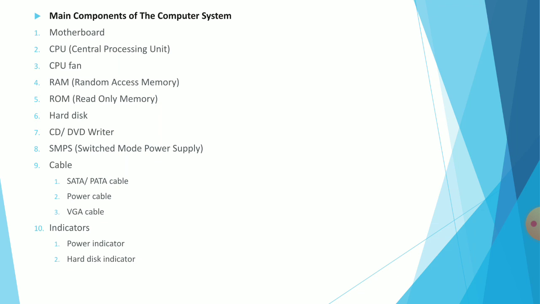So ROM is again installed on your motherboard. When you turn on your computer, first the ROM programs will be executed, then the OS will be loaded, your system will be on, and now you can run your user applications, whatever you want to do. Okay. Then next is the hard disk, where you can store your data permanently. You may store your Windows operating system, user applications, and your data in terms of files and folders. So all the data you want to store permanently can be stored on the hard disk.